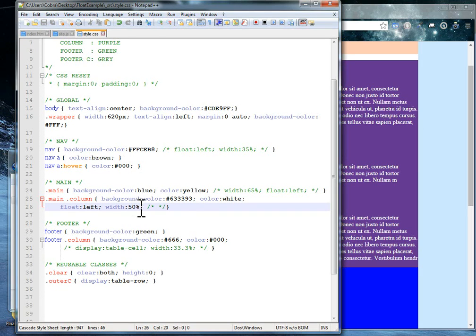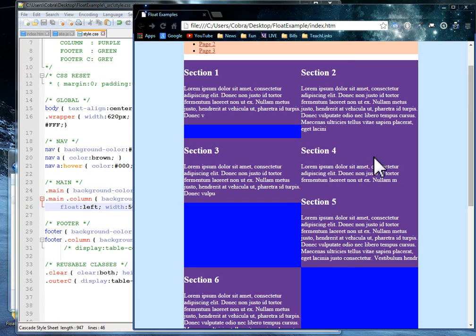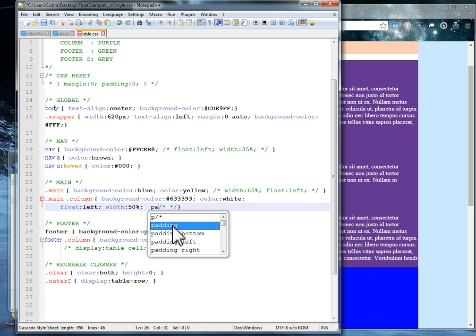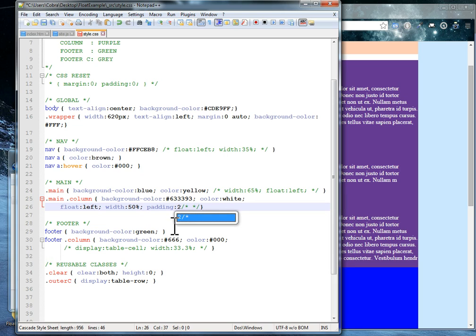Back to the width thing though, I'm set to 50%, but you can see there's not a lot of room between the column space. The way that percents and widths and containers work is that there are a couple of things that all add together to make that 100%. So I'm mainly just using width 50% here, but if I were to add some padding, like 2%, 0 and 2% padding on this element,